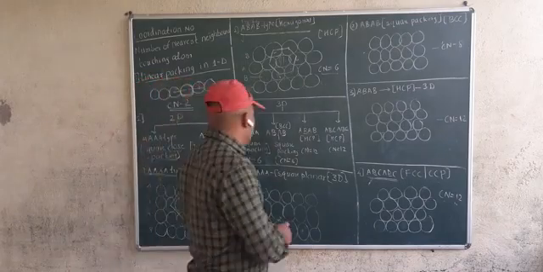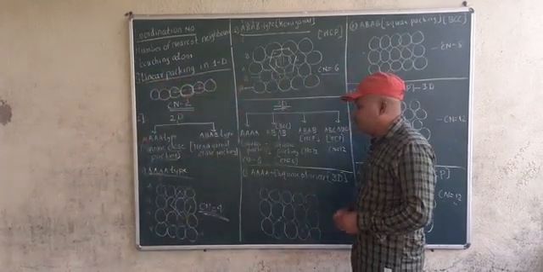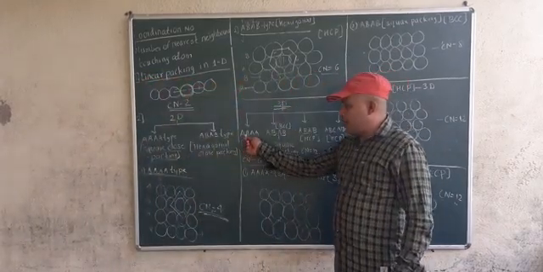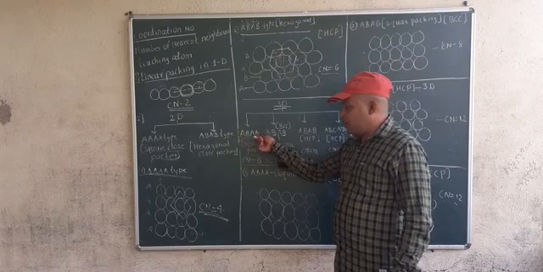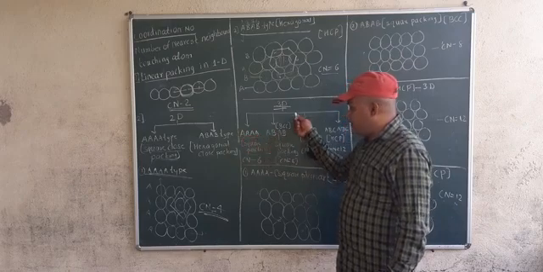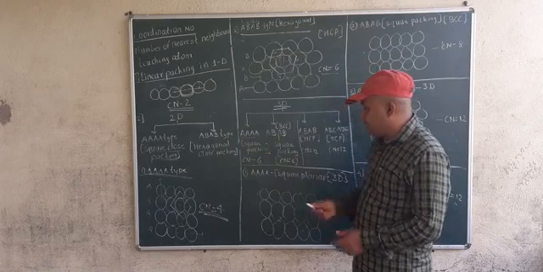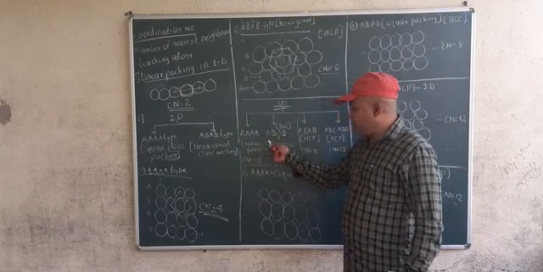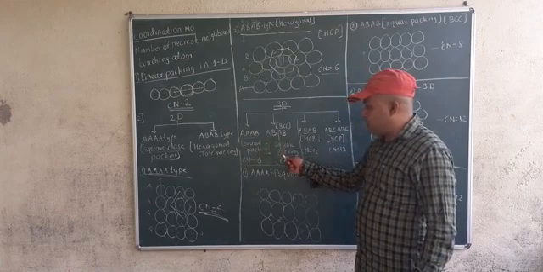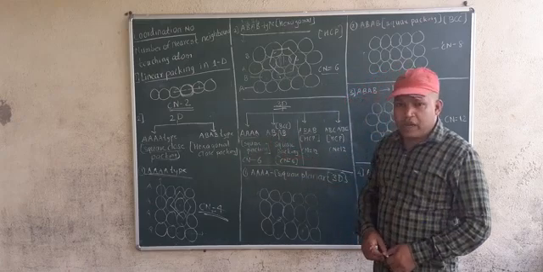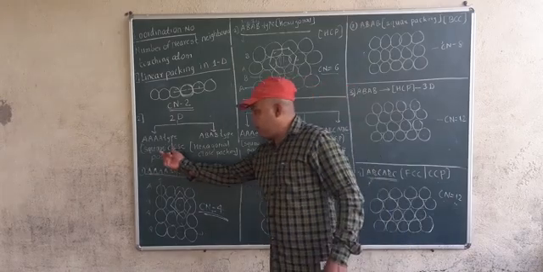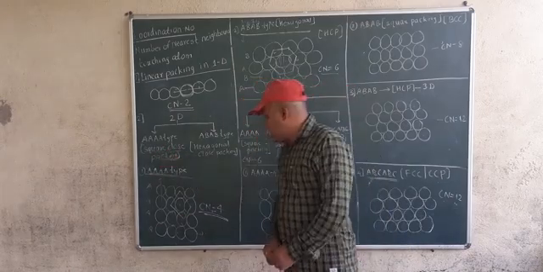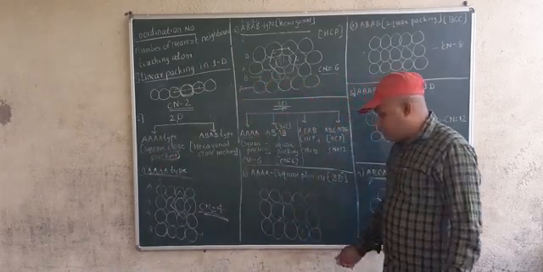What are these 4? In three dimensions we have AAA type and ABAB type. So first we'll look at this. This is AAA type, which means square packing. ABAB type is also square packing. Already in two dimensions you know what square close packing is. Now in three dimensions, what happens?